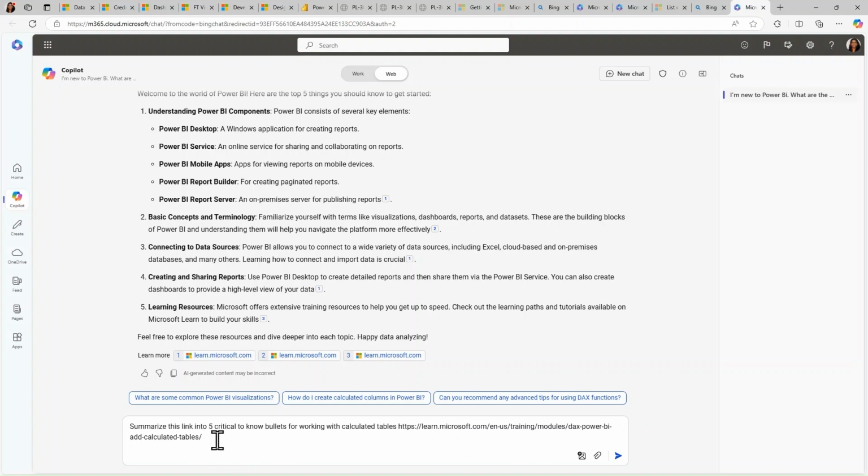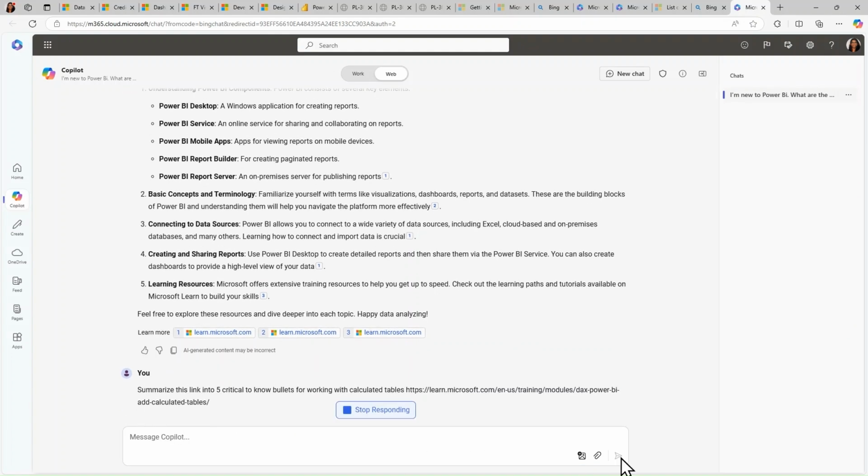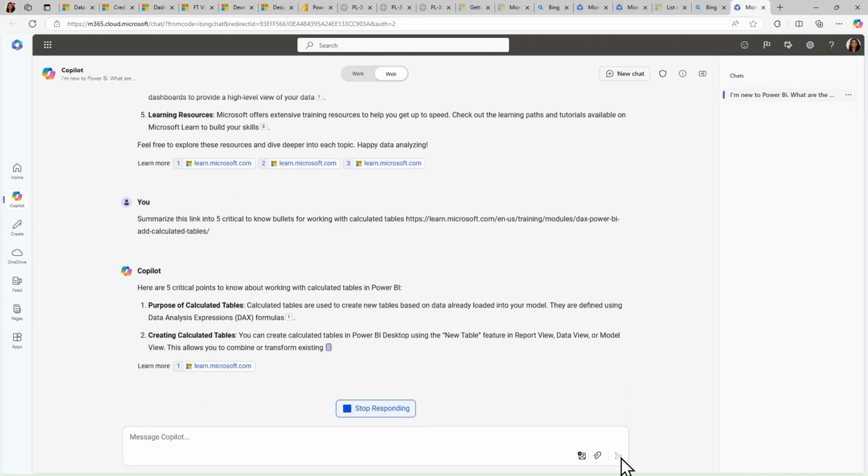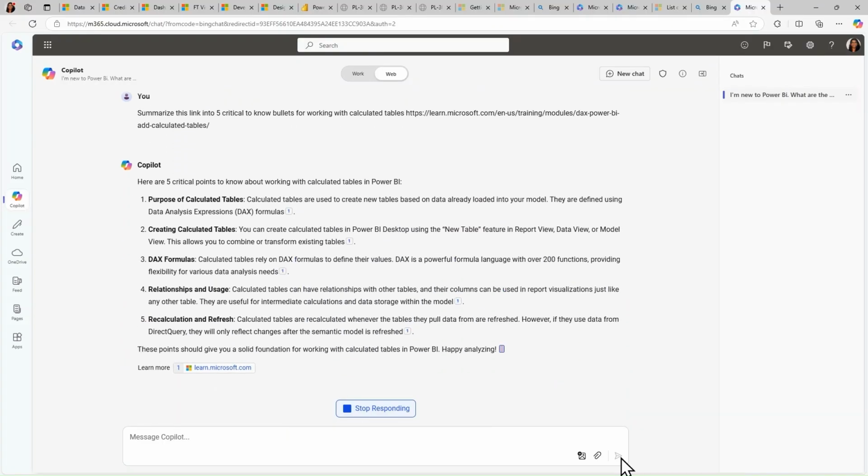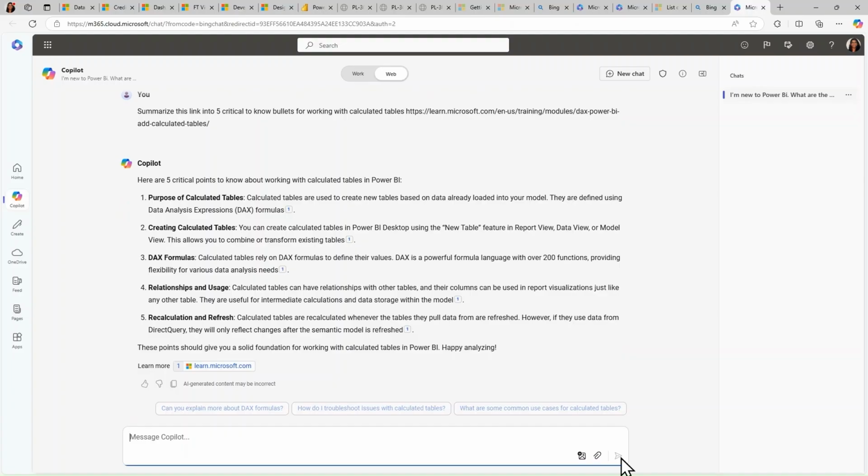I could have asked it for more points or fewer, but I only asked it for 5. And I could go back and give it some extra questions that might give a little bit more detail. But showing here, you have 5 critical points to know: the purpose of the calculated table, what it's used for, how to create it.